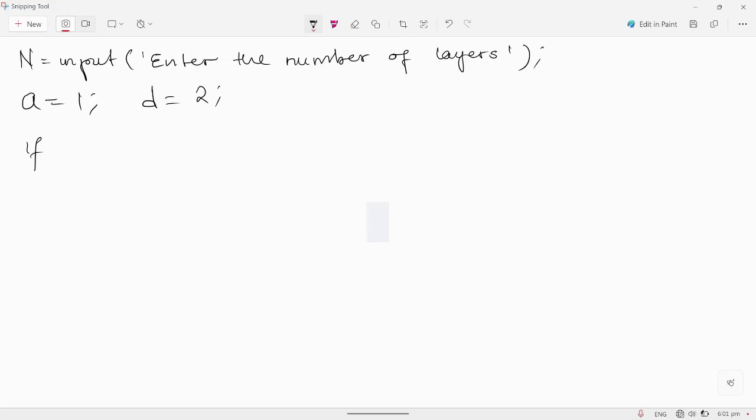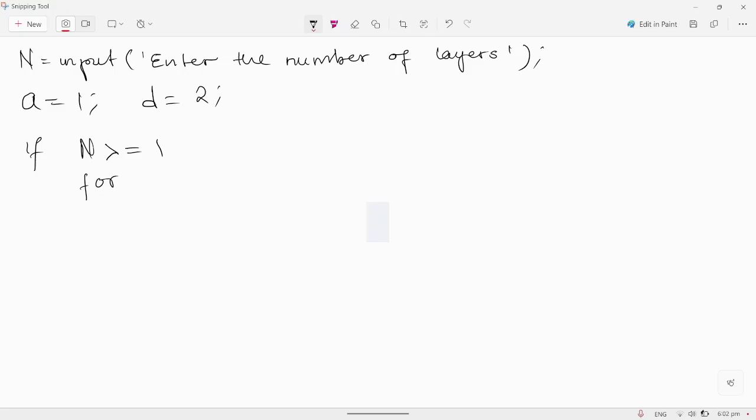You need to have a number equal to or greater than 1. So we are going to say if n is equal to or greater than 1,